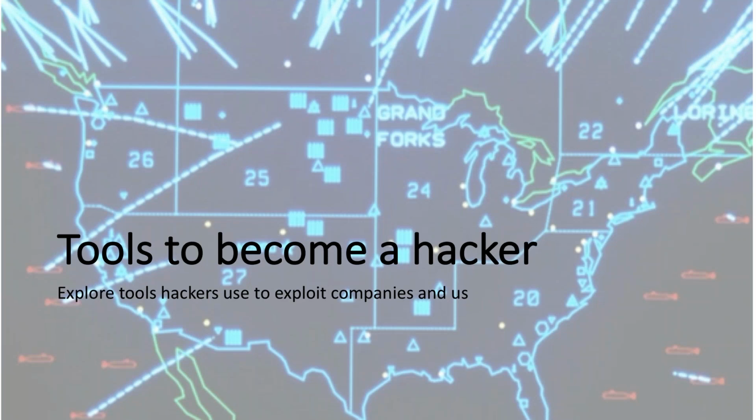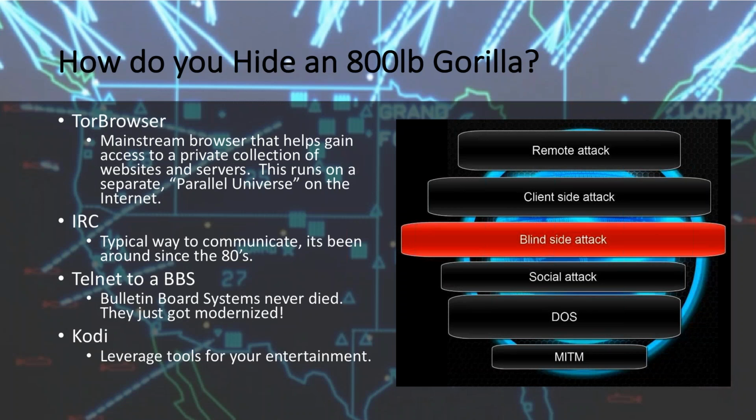So some tools to become a hacker. Yep. There's tons of tools out there, so we'll go through a couple of them. You obviously got Tor browser. We talked about that a lot. Tor browser is going to allow you to get to that parallel universe that runs on the internet. It runs separate from the internet. Obviously, when you're in Tor browser, you can gain access to regular internet resources, but it bridges the link so you can get access to all of those resources that you would never be able to get access to with your Firefox, your Google Chrome, or your Internet Explorer.